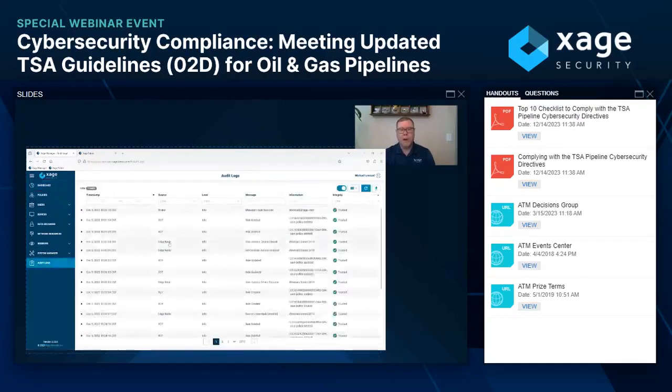Let's talk about those audit logs that I was referring to earlier. You can see here how I'm logging in. You can see when rules are deleted to our Xage enforcement point, which is a really important thing to bring up because it is one of our hardware appliances that allows us to control that east-west access. It's sitting on the line and it is marrying together the policy and the identity and the network traffic, so you get that real identity-based zero trust network segmentation.